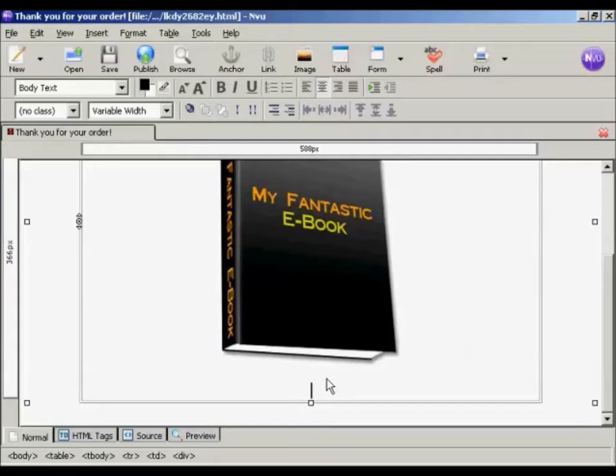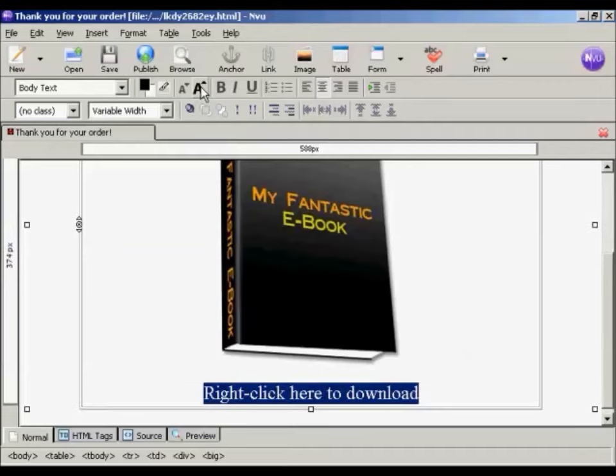So we're going to put that in here, and I'm going to put in the instructions. So right click here, and I'm going to make that quite large so people don't ignore it. So I'm now going to increase the font size, so I'm going to click a couple of times there, and then I'm going to link to the product, which is a zip file. So click here on link,